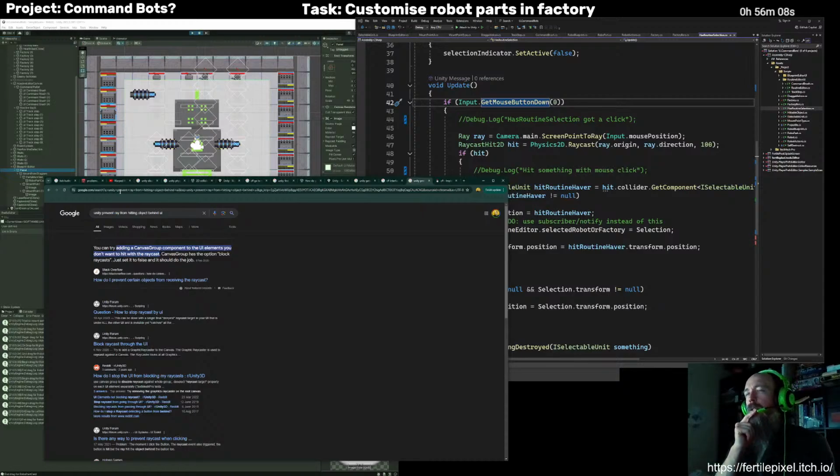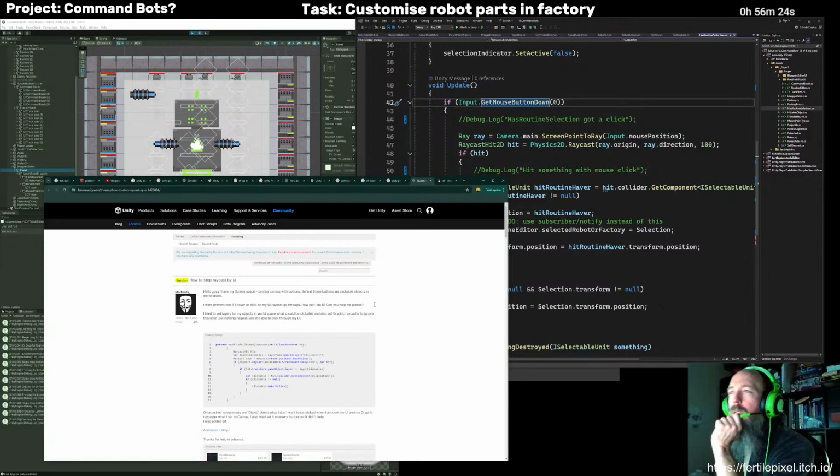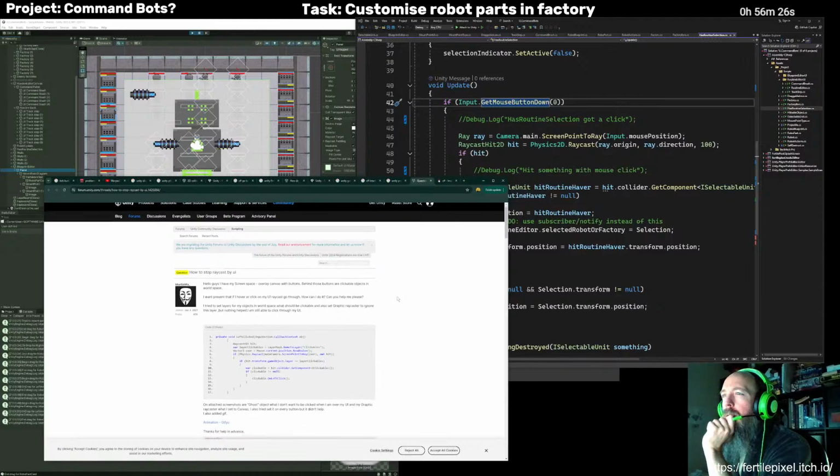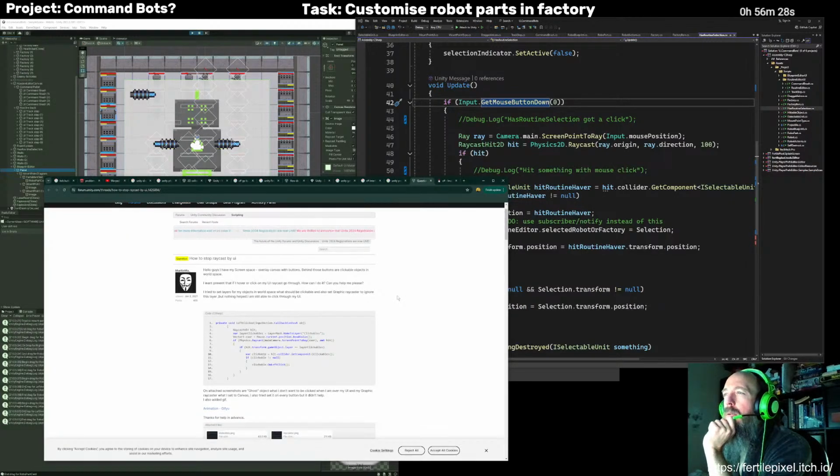Block raycasts on a canvas group. Interesting. Oh, that looks like also a relevant question. I've got an overlay canvas with buttons.